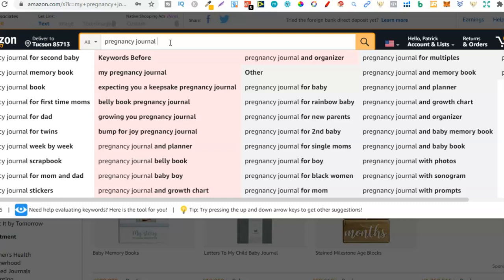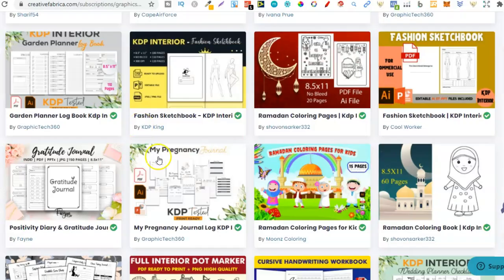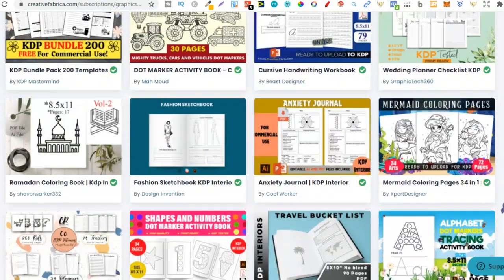Now, like I said, from here we can see all these different keywords. So I'd go through this one, check the score, and then I'd go through this one and this one and this one, all related keywords to pregnancy journal. I want to check the niche score to see if it's something that I'd like to use for my title and if I could actually rank for that book. And again, that was just from one idea here on Creative Fabrica,